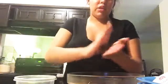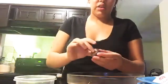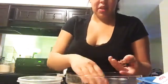Okay, I think I just grabbed it with my hands. That was a waste. Okay, so we're rolling. I think I'm gonna make them a little bit smaller than this. So now that I'm picking these out and making them into the size that I want, I feel like